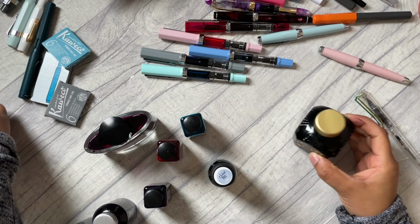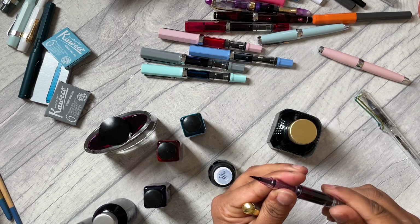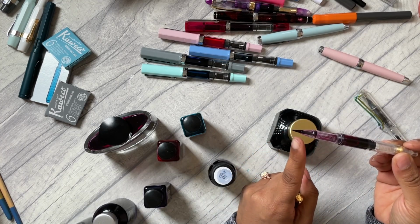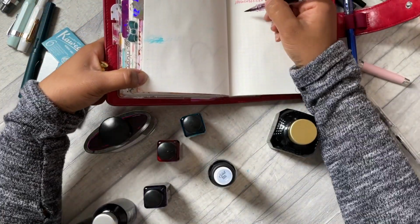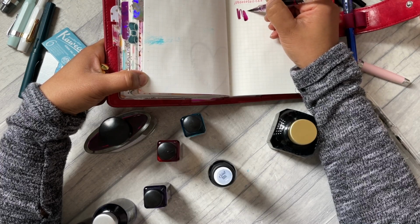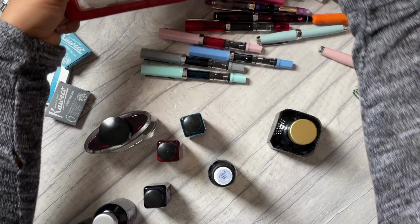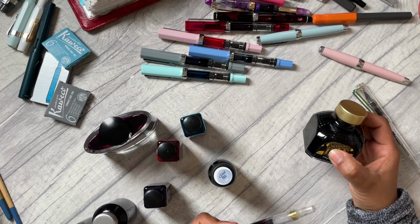And I do actually have this brush pen, so it's like a fountain pen brush pen. I would fill it in exactly the same way. It's got an inbuilt piston, but instead of a fountain pen nib, it's a brush, and so you could do brush lettering with it. Very, very beautiful to write with. I'm still mastering my calligraphy lettering, but I could fill this with the black ink. So it's not that I'm not going to use it,